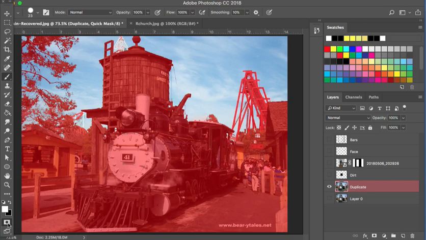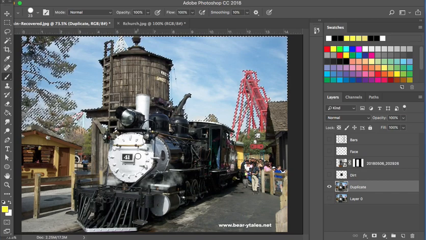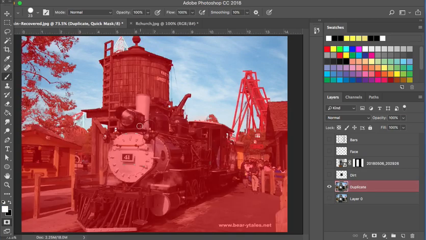Let's see here. When you're done, you can select the edit in standard mode. Select that again and look again to see if there are any of these marching ants. And I can see some right in here. All right, I'm going to go ahead and paint that some more. Oops, undo, because I didn't switch it back. Now the shortcut key for going back and forth is the letter X, which will switch the foreground color with the background color. Okay, so if I go over that,